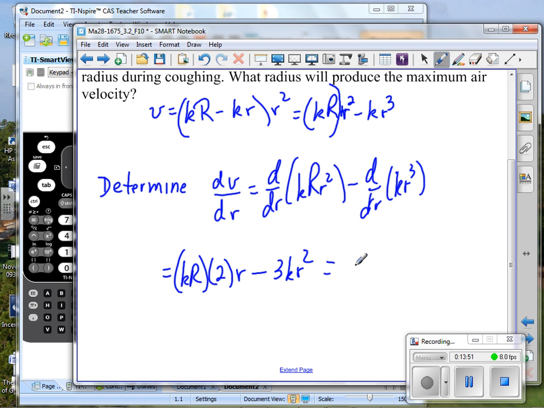So let's see, I've got 2K cap R r minus 3K r squared. That's my derivative. Okay, so first of all, I determine the derivative. Now I want to maximize velocity. So what do I do with the derivative? Again, Ryan? Set it equal to 0. Okay, so